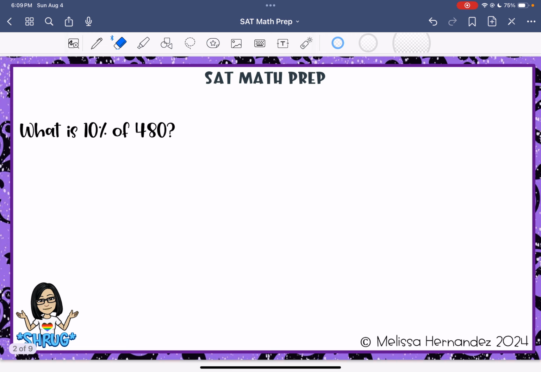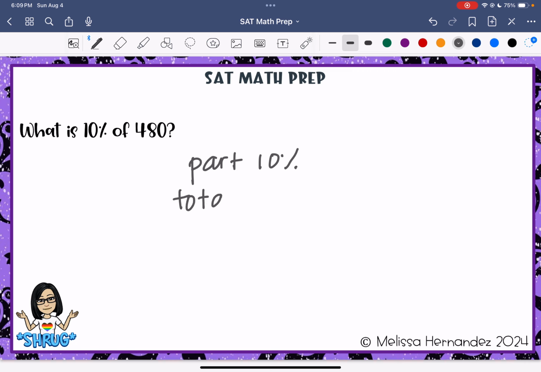Okay, it says what is 10% of 480? So what you got to realize is percent is out of 100. So 10% is only your part, and then the total is 100%. Okay, and so the 480, does that represent 10% or does it represent 100%? So in this case, it would represent